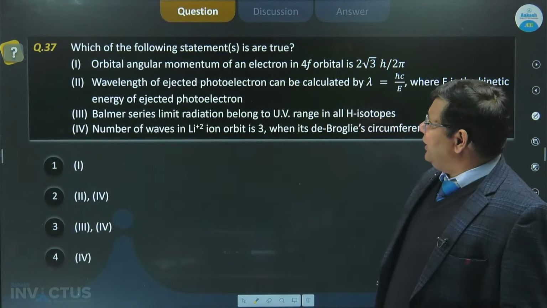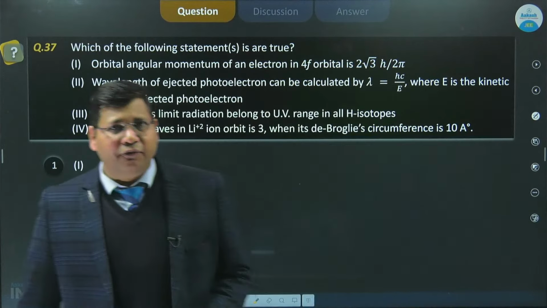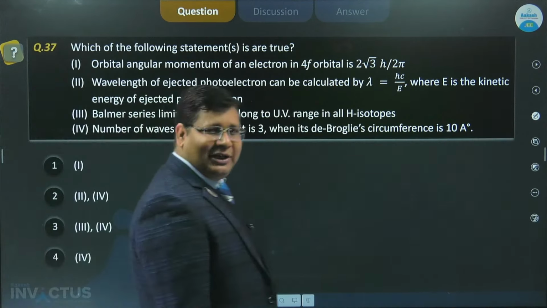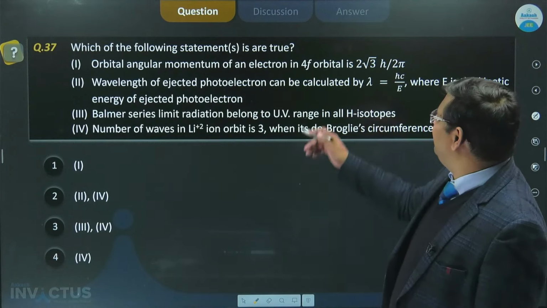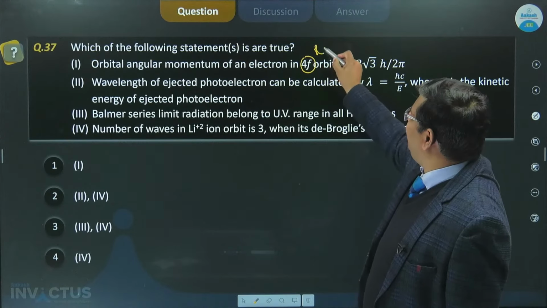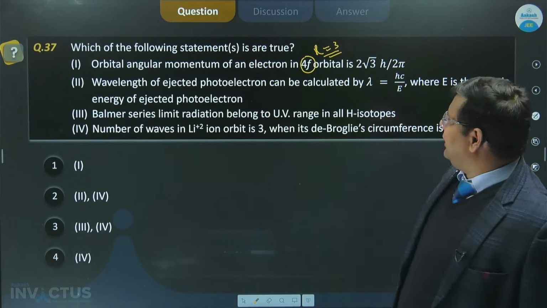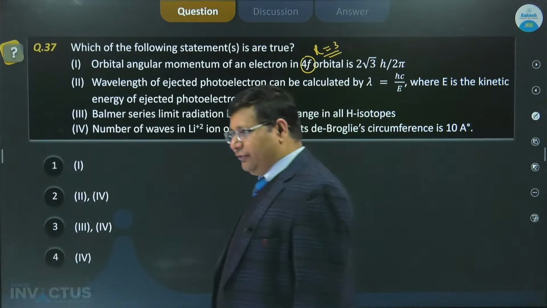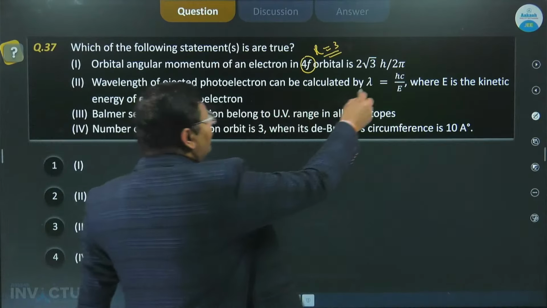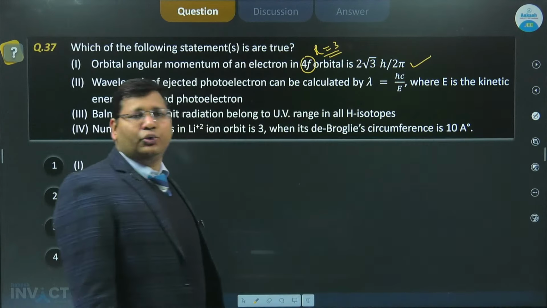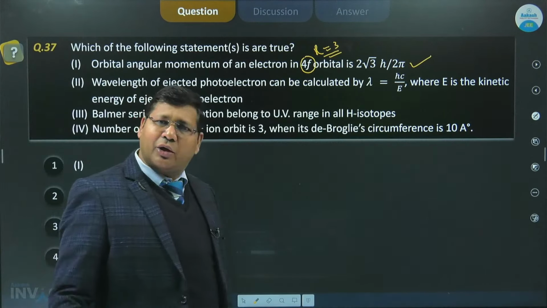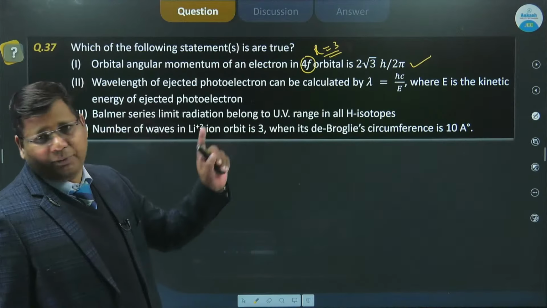ओके, तो in next question, which of the following statement is true? Orbital angular momentum of electron in 4f। तो बच्चों 4f के लिए L की वैल्यू कितनी आ गई आपके पास 3। तो ऑर्बिटल एंगुलर मोमेंटम का फॉर्मूला क्या होता है, अंडर रूट ऑफ L इंटू L+1 इंटू h/2π। तो ऑब्वियसली L इक्वल टू 3 पुट करोगे तो दैट इज √12 विच इज 2√3। दिस इज वेरी करेक्ट। तो ऑर्बिटल एंगुलर मोमेंटम का फॉर्मूला क्या लिखोगे, अंडर रूट ऑफ L इंटू L+1 इंटू h/2π।